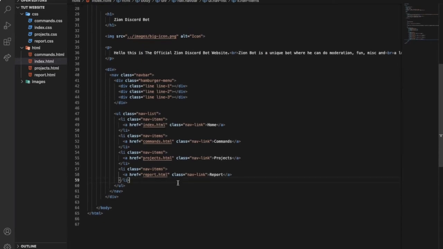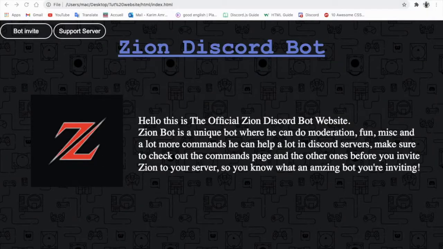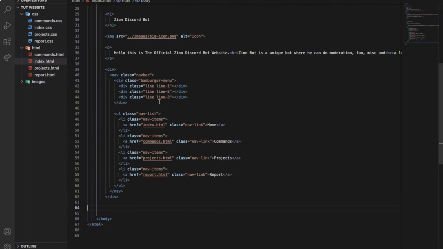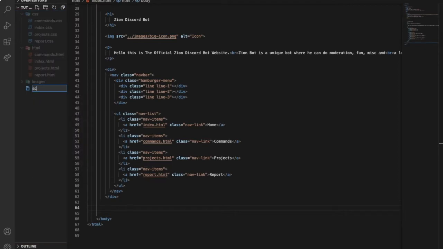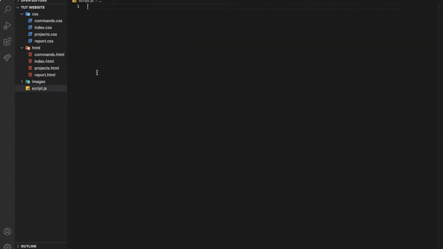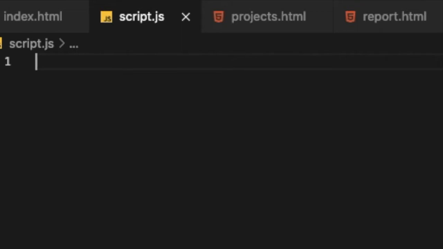So now it is done, but if I reload, as you can see it is there and it's a pointer, but it doesn't work. If I press here, it doesn't work. So to make it work, we need to make some JavaScript, and that's actually pretty easy. Okay, so javascript.js, let's make script here, and const menu icon equal